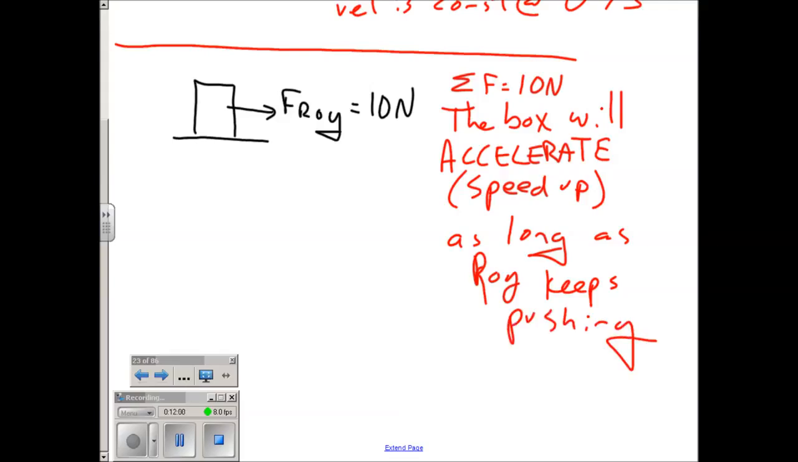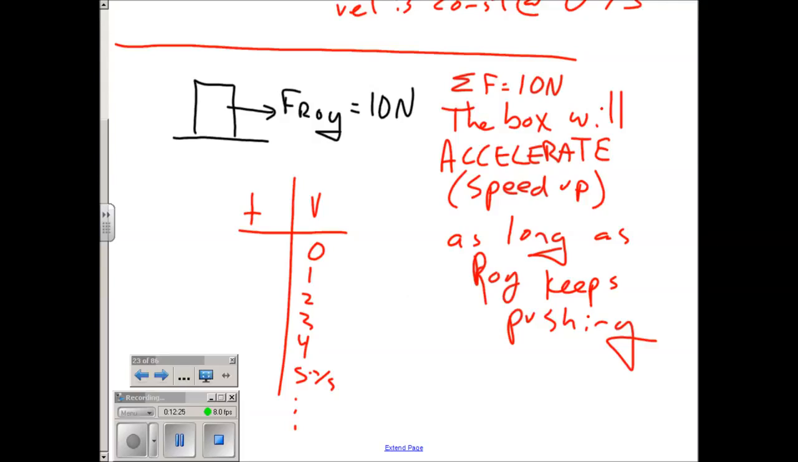Okay, so what that means is, as time goes on, the velocity is going to increase. So if the box started at rest, as long as Roy keeps pushing it, the velocity is going to get faster and faster and faster. So the velocity is going to go 1 meter a second, 2 meters a second, 3 meters a second, 4, 5, and it's going to go faster and faster. Okay? Now, remember,